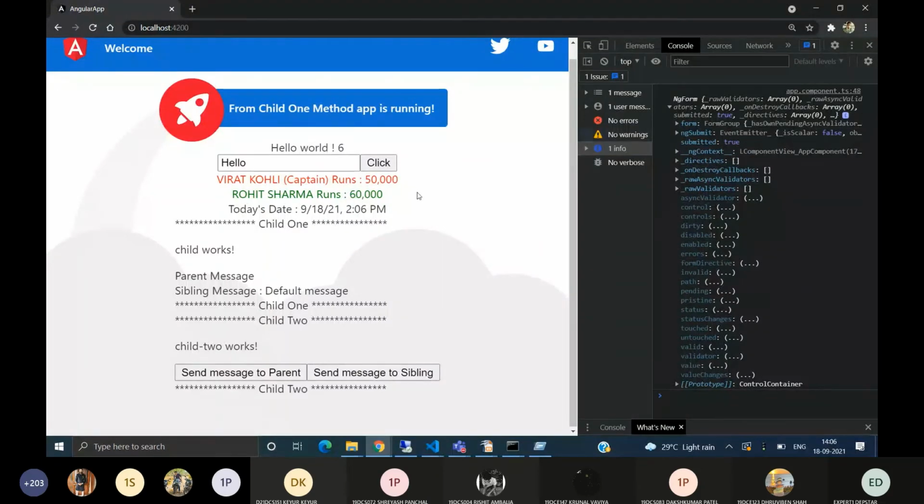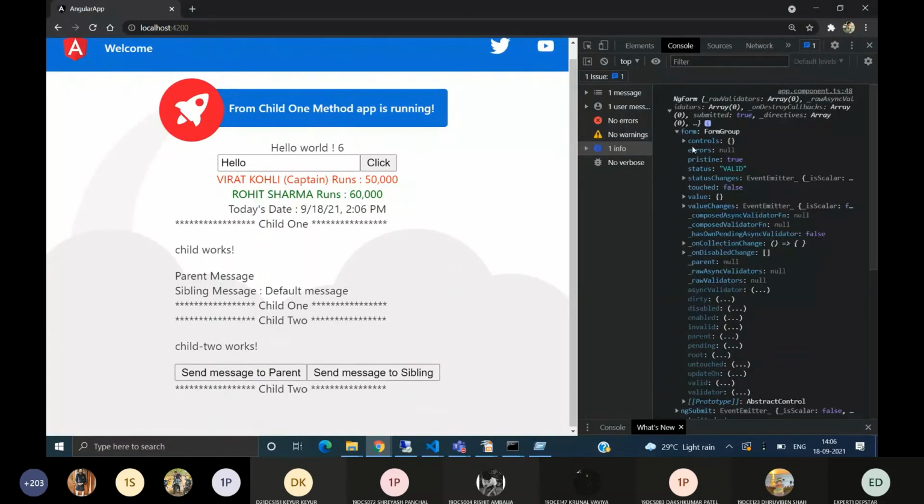Here we can see when we write here hello and click, it gave us all these value properties like errors: null, and touched: false. Here status is valid, as we have not written any validation for the form, so it is valid by default.